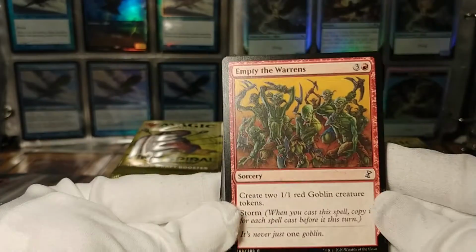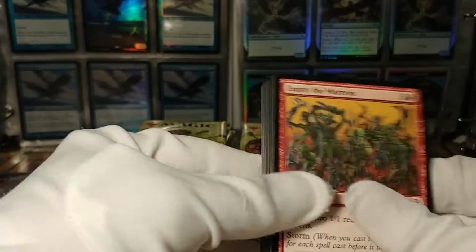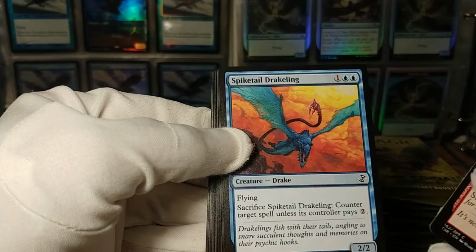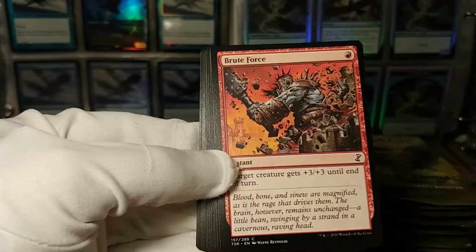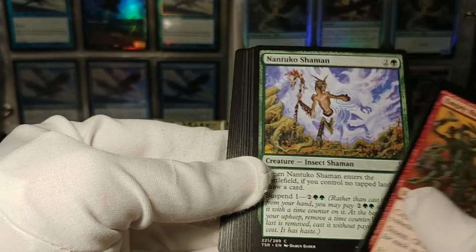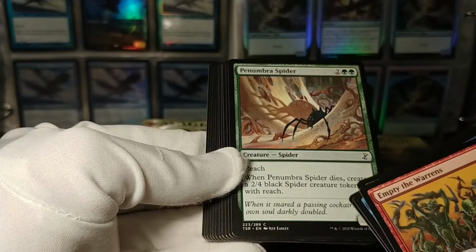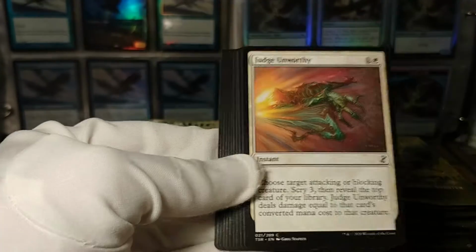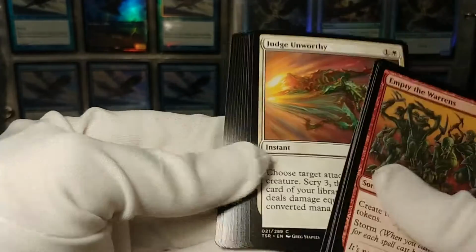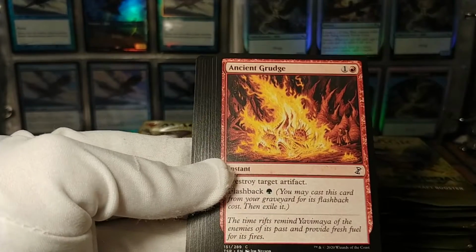Now, what do we have here? Empty the Warrens, a classic goblin card with Storm. Makes a bunch of goblins. What is this? Spike-tail Drakeling. We've got Brute Force, Gorgon Recluse, Nantuko Shaman, Penumbra Spider. This is an interesting one, actually. When it dies, you make another spider to replace it. Judge Unworthy, Strangling Soot, Ancient Grudge,